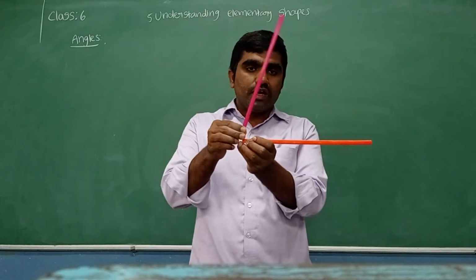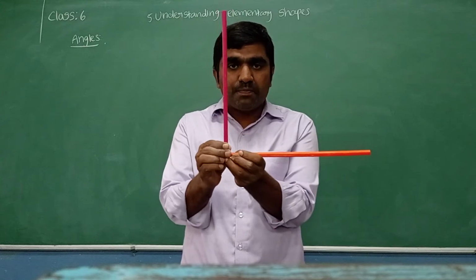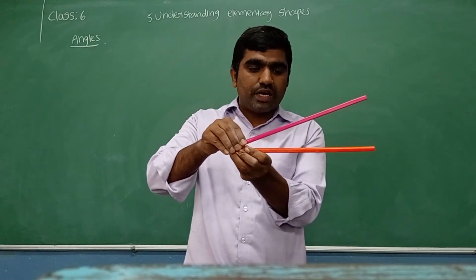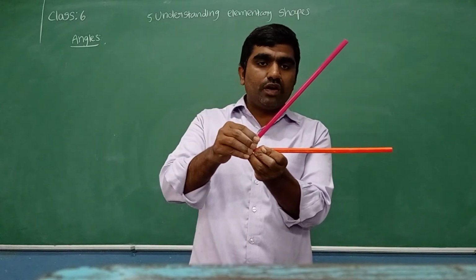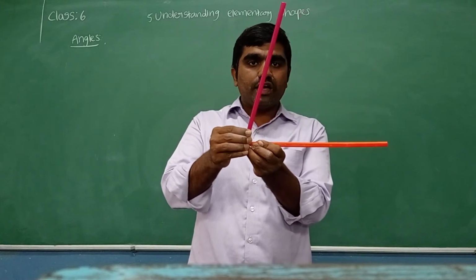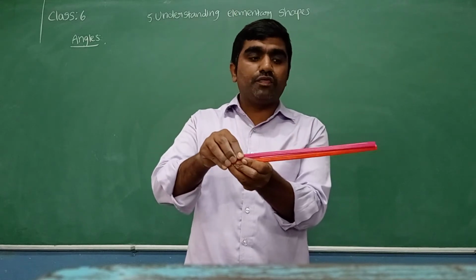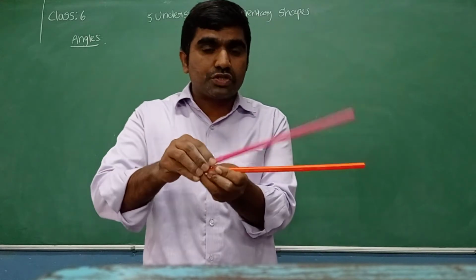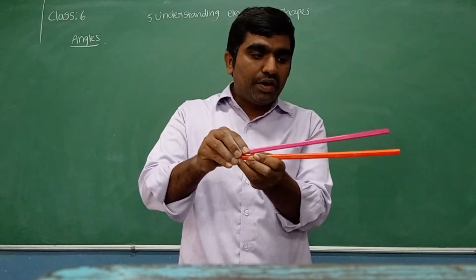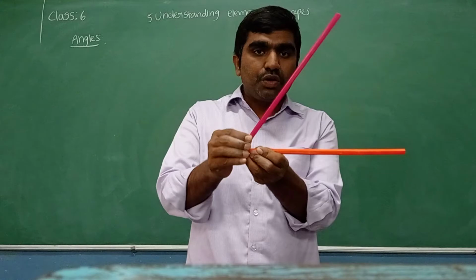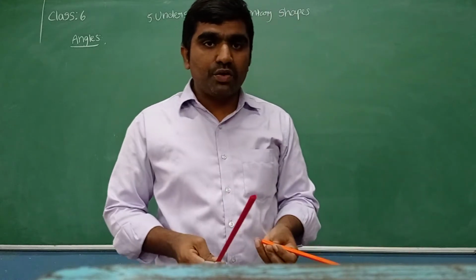See, if it is exactly an L shape, it is 90 degrees. So what do we call below 90? It is some 10 degrees or 20 degrees, 40, 50, 60, 80 degrees. The angles which are below 90, between 0 degrees and 90 degrees, from 1 degree to 89 degrees, all these angles are called acute angles. What do we call them? Acute angles.